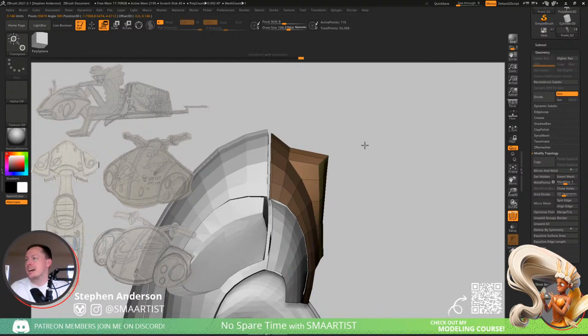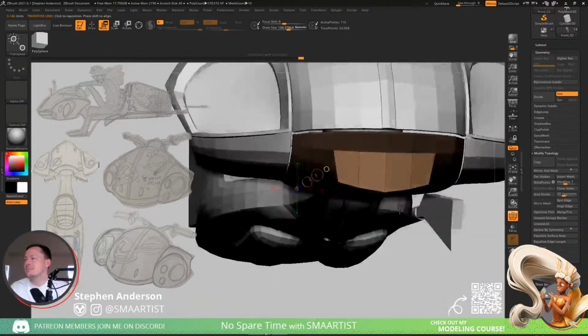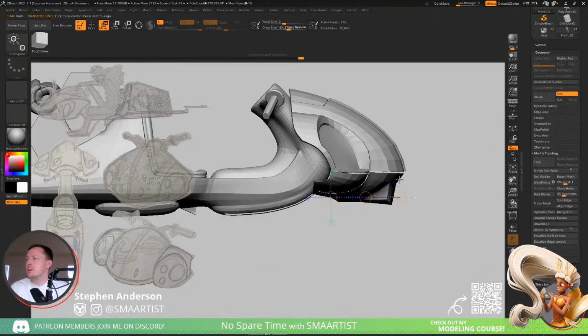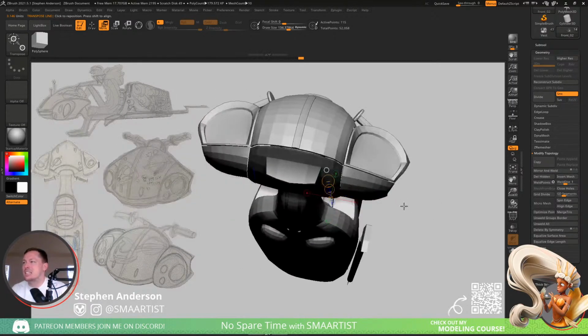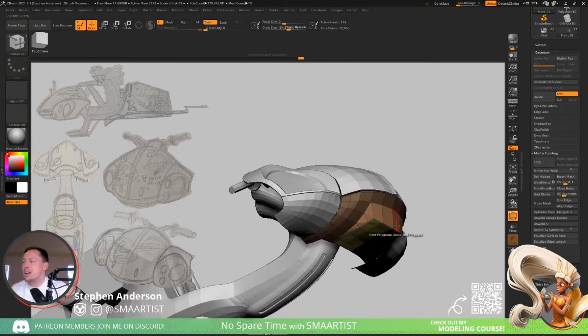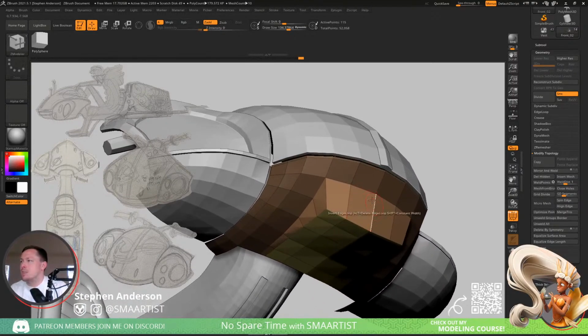I'm just going to pull this down in order to make that shape, which I think is really kind of cool. This is going to be neat because this is varying up this shape a little bit more and adding a little bit more interest. So this is going to work out pretty nicely. Now what I want to do,